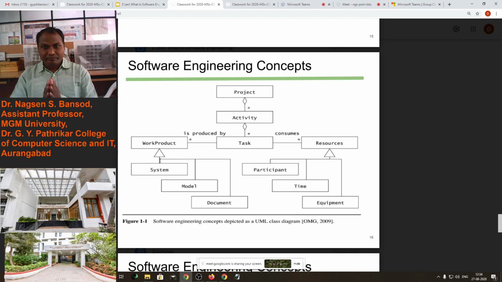System, do you understand? Yes, sir. System means, sometimes we say our college system is not good, our college system is very good. Now this government system is not proper, like that we use it. This means there are various devices, rules, and people together, so we can say that is a system.